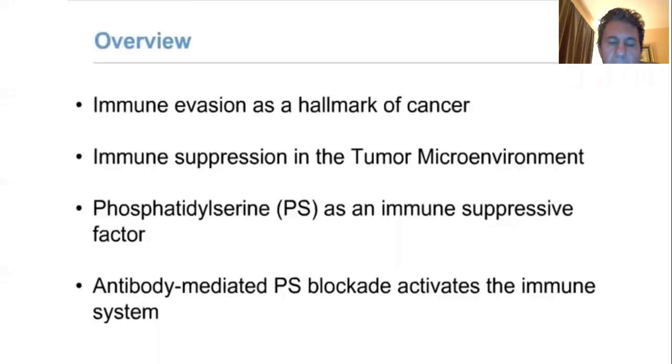Okay, so yeah, today we're going to talk about how we reactivate the immune system, how we polarize the immune system to M1 and Th1, how we also help to change the tumor microenvironment in a way it becomes a hostile environment for cancer. And we're going to focus mainly on phosphatidylserine